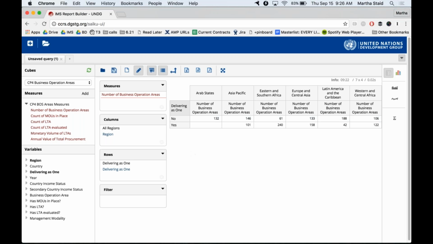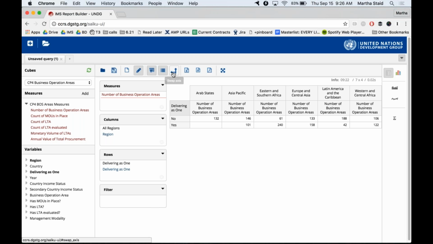So let's say you're here, you've chosen delivering as one and your regions. You realize, wait a minute, I don't want regions as columns. That's too wide, it's kind of unwieldy, it's a little strange. I'd rather have my regions as rows and my delivering as one as columns. You could drag them back and forth.